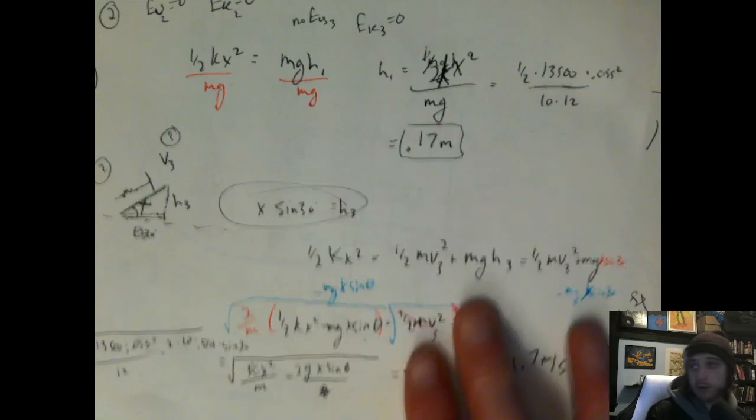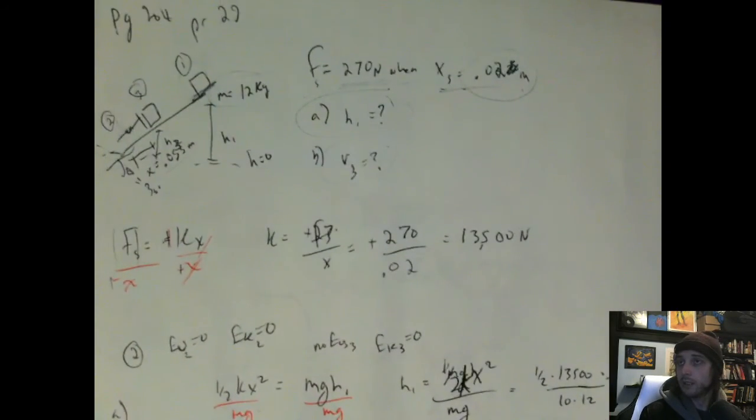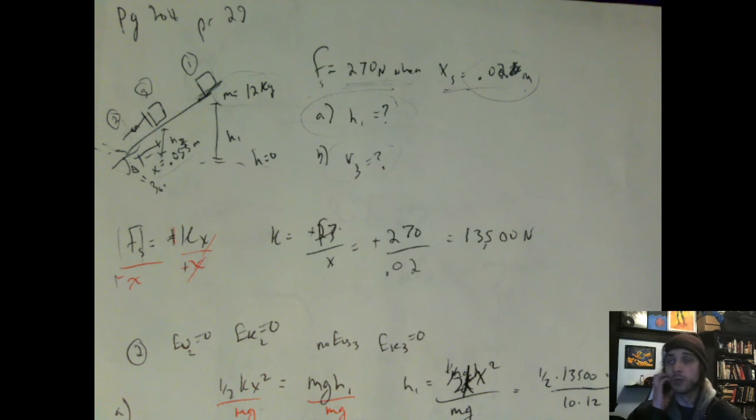So sort of recapping everything before wrapping up. We used our known compression distance and known compression force to figure out the spring constant. Once we had the spring constant, we set up sort of a situation where we could have the energies at a few different places. Once we had the energy at those few different places, we could